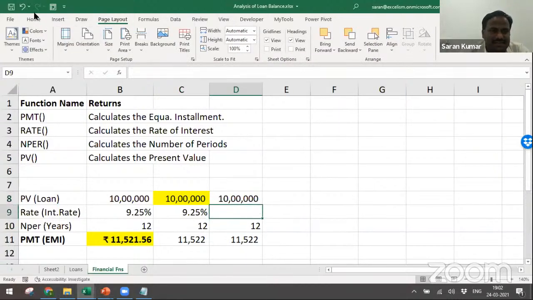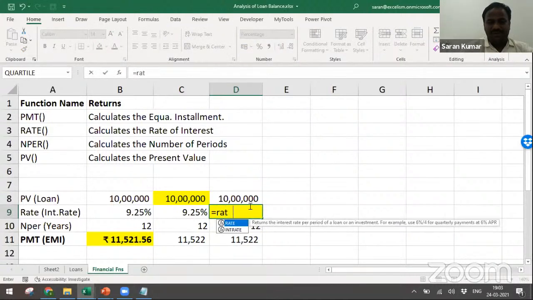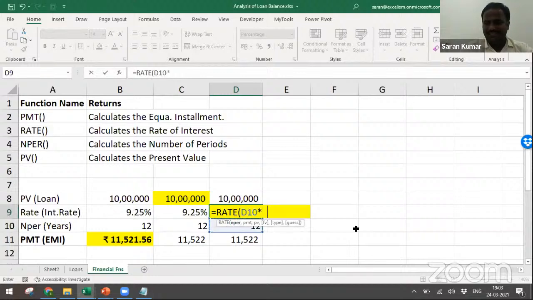Now my rate is missing. Can I calculate it? See, it's always good to know this because whatever data they have provided, you can calculate on your own. You can cross check whether it's working properly or not, and whether it is as per the report you got. Equal to RATE is the function. You need not bother anything, just follow the syntax. This into 12, comma, then PMT, this is the one, comma, this is the present value. You can take this. But both can't be positive, right?